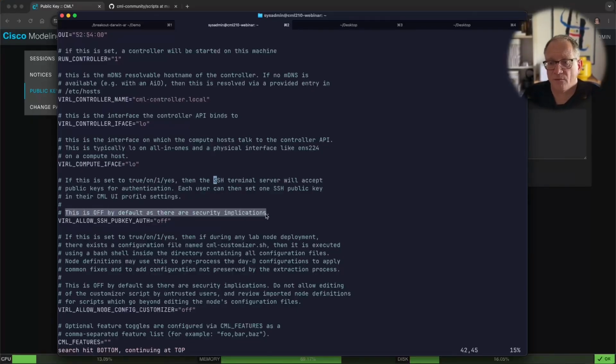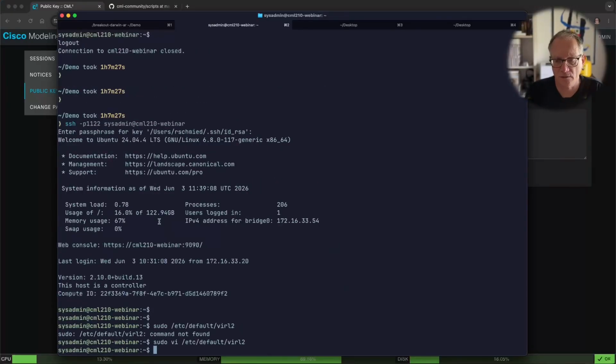There is a bit of a security implication here, so not everyone wants to have this, in the way that the authentication happens internally, that there are some bits being copied back and forth between the SSH component and the controller component, which has the database. That is why we thought that it might be better to turn it off. But in general, especially on personal machines, it's no problem at all. So I put it on here